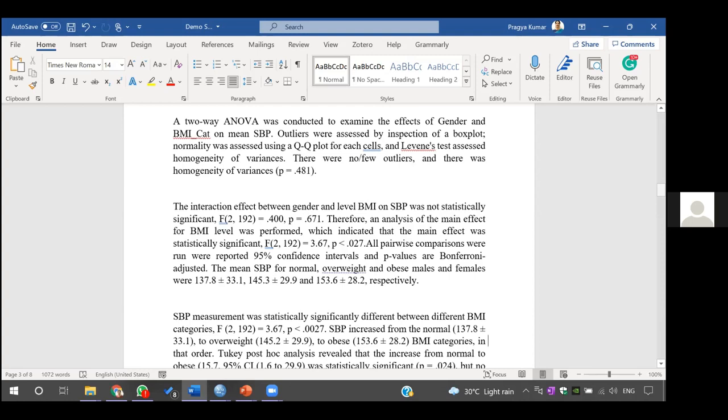And there was homogeneity of variance as suggested by a p-value equal to 0.481. The interaction effect between gender and level of BMI on SBP was not statistically significant. The F value with degrees of freedom 2 and 192 was equal to